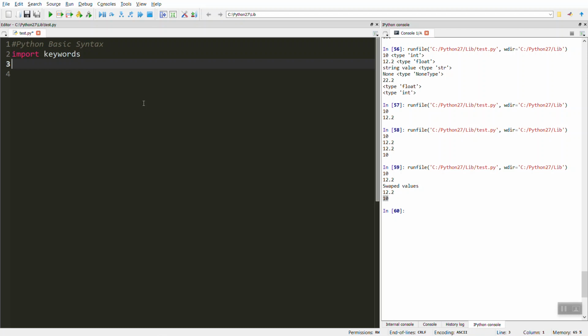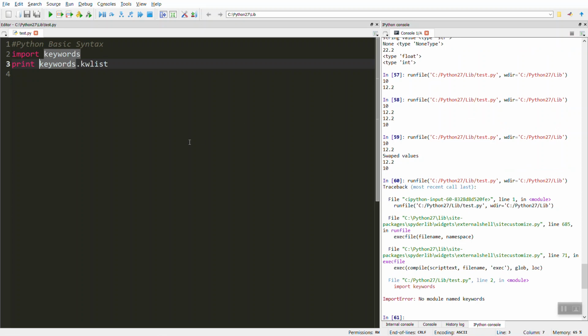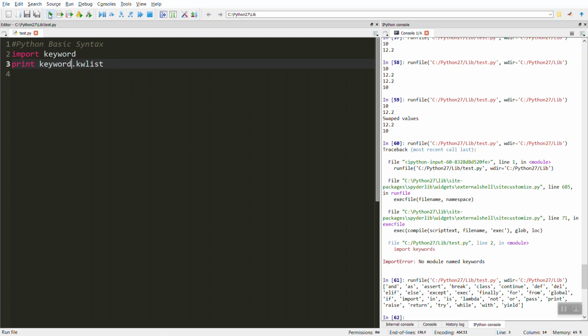Keyword is a module, and we can use that name to show the keyword list. I will explain how we are doing this.